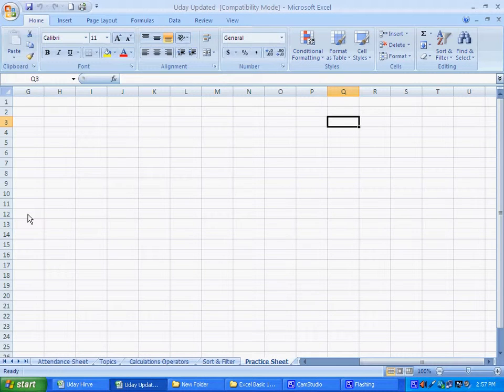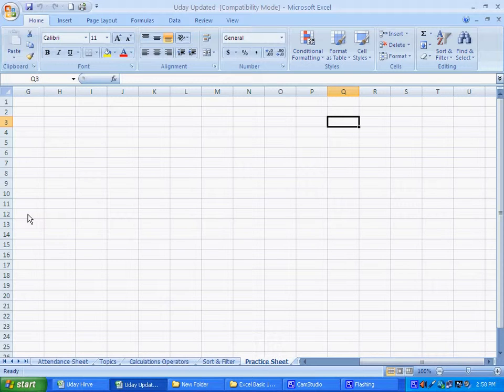You will observe whenever I am pressing tab, it is going to the next column. Right now it is in R column. If I press tab, it is going to S column, T, U. Again if I press shift tab, it is returning to T column, S column, R column, Q column.